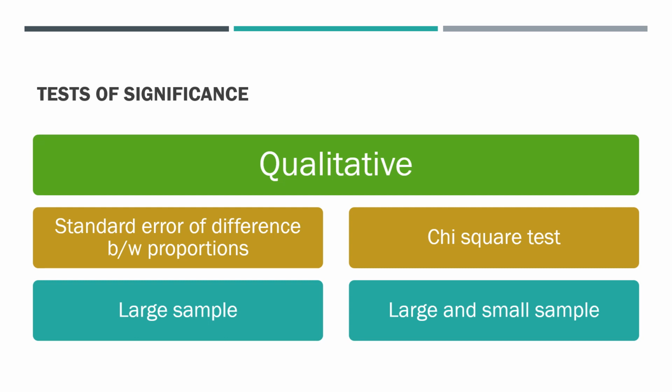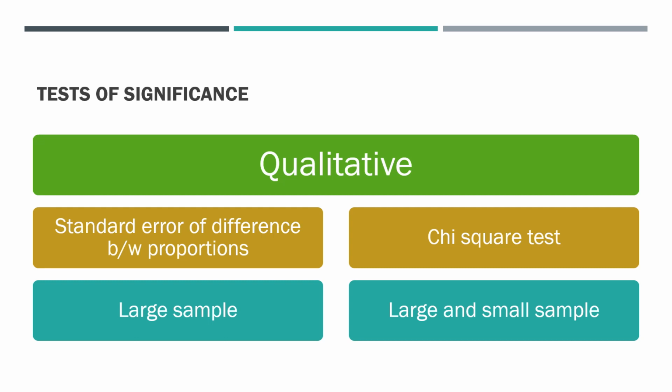Test of significance is going to calculate this p-value. Okay. So you need to define the p-value at which you are going to consider it as significant. Generally it is kept at 0.05. If you want better significance, you can keep it at 0.005 or even 0.001. So the test of significance is based on what sort of study you are doing, whether it depends on a qualitative data or a quantitative data.